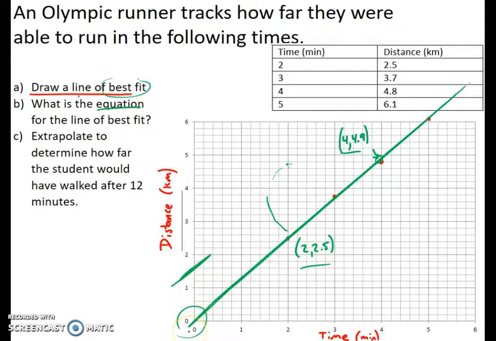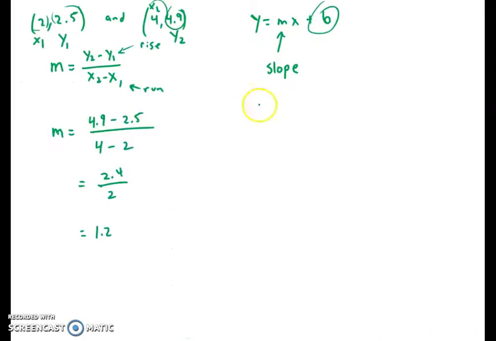Looks like it's at 0. So if I wanted to just write y is equal to 1.2x, instead of plus 0, I can just leave it out, right? Plus 0, and just leaving it out is the same thing. Or what you could do is, if you didn't know